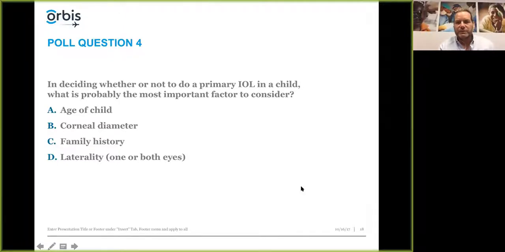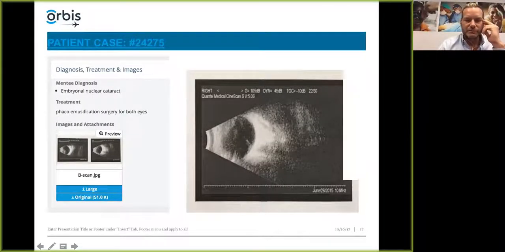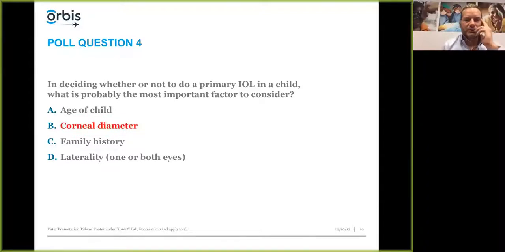Age of the child and corneal diameter seem to be the two leading responses here, and then laterality, right? Family history, of course, doesn't make any difference. Now, family resource is good. Can they afford contact lenses or glasses? But I would say that corneal diameter, definitely. We don't know the size of these corneas, but I would say that if you have an